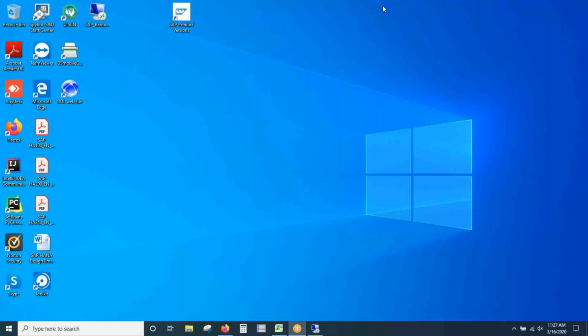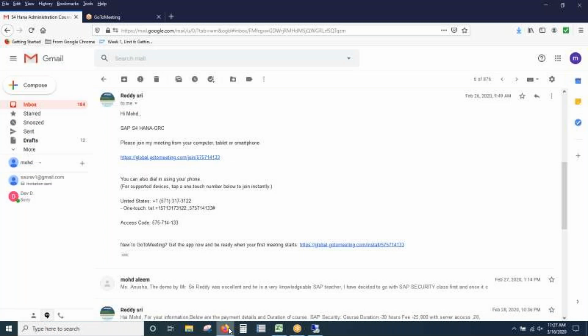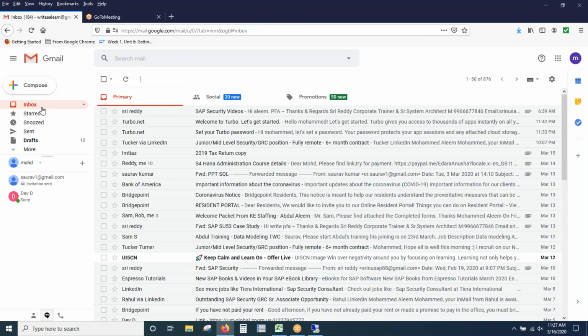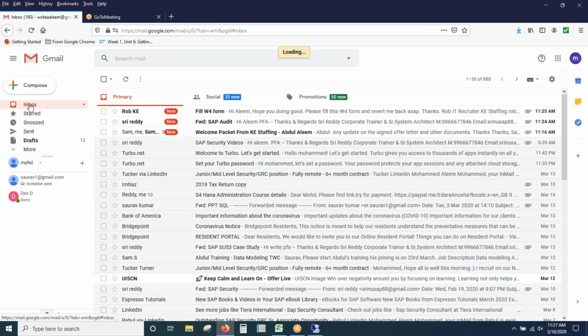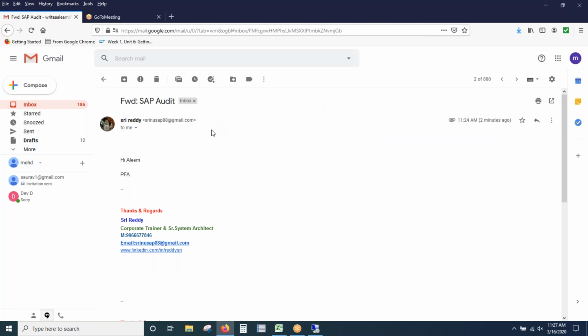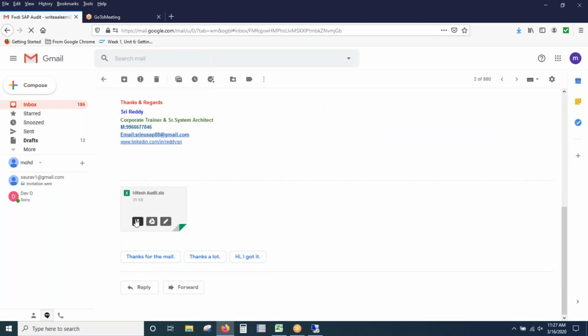Minimize this RDP. Go for your Gmail ID. Download the file, just now I'm sending one thing. Just go there. Refresh it. Open that. Download it. Scroll down below. Download that Excel sheet.